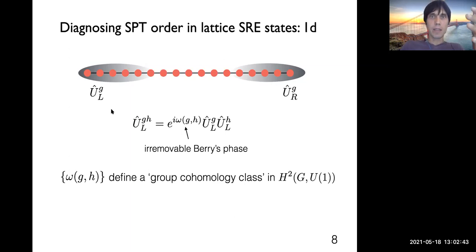One of the things that I personally worked on recently with Matt Hastings and Zhengwan Ha is in extending this idea of Else and Nayak to more general phases, these beyond cohomology SPT phases. And it turns out that